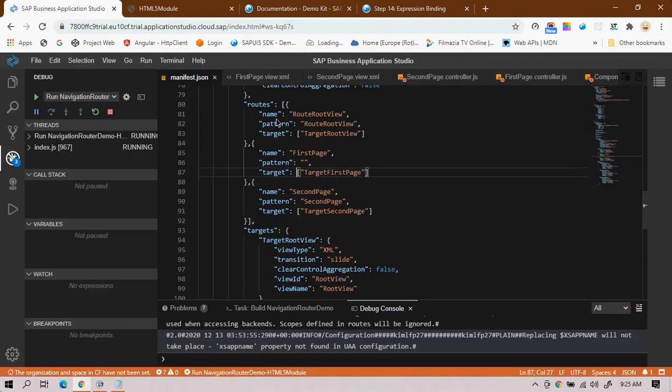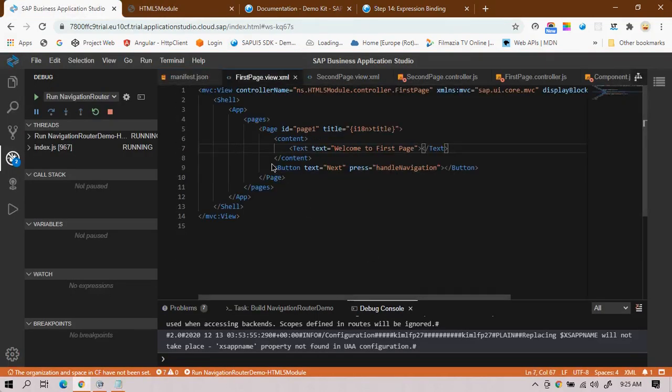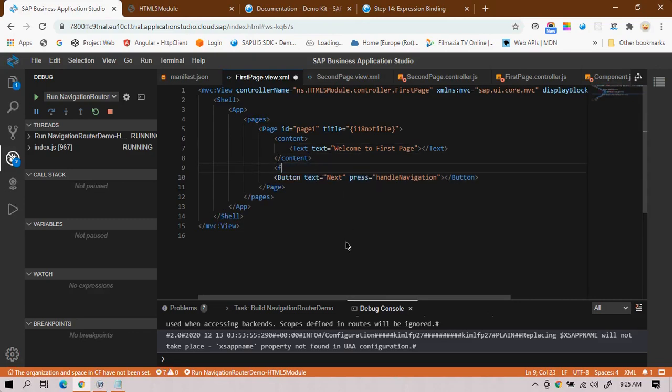So my first page is executed. So I'll keep this button in the footer.